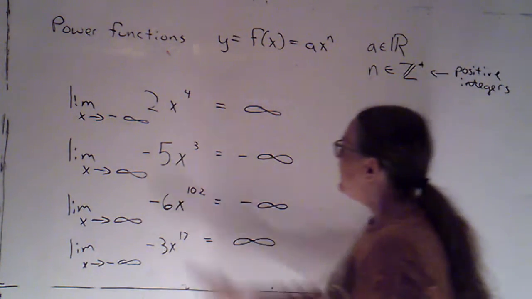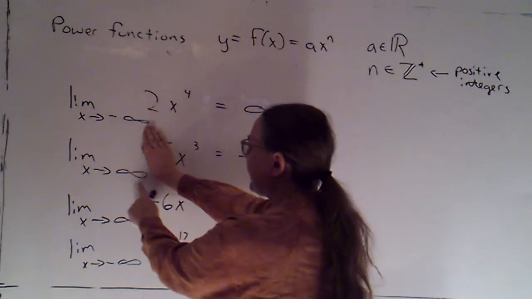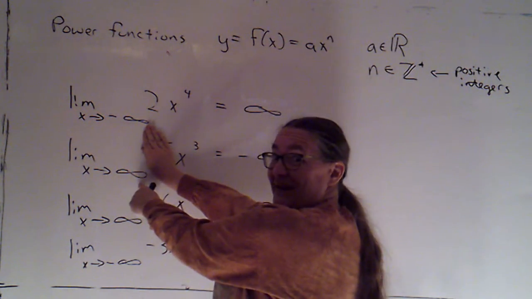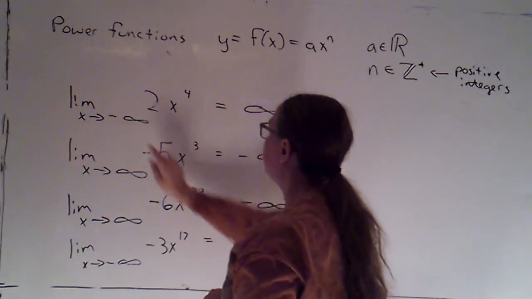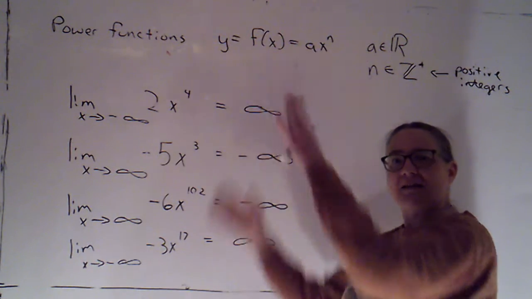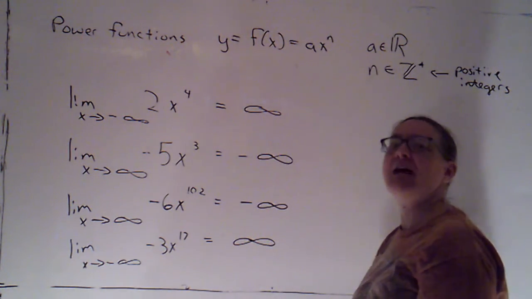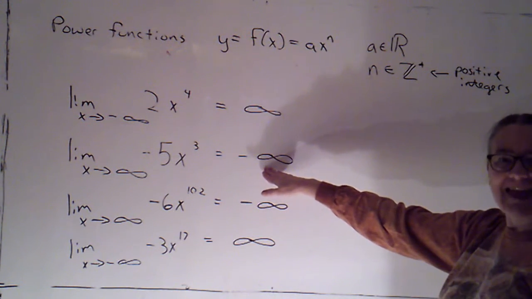Okay. For this next one, that's an odd power. So the fact that we're going to positive infinity does make a difference. Odd powers go to infinity on the right, so that's going to infinity, but I'm multiplying by a negative number. That's going to perform a vertical flip and make that go in the opposite direction, so that limit is negative infinity.